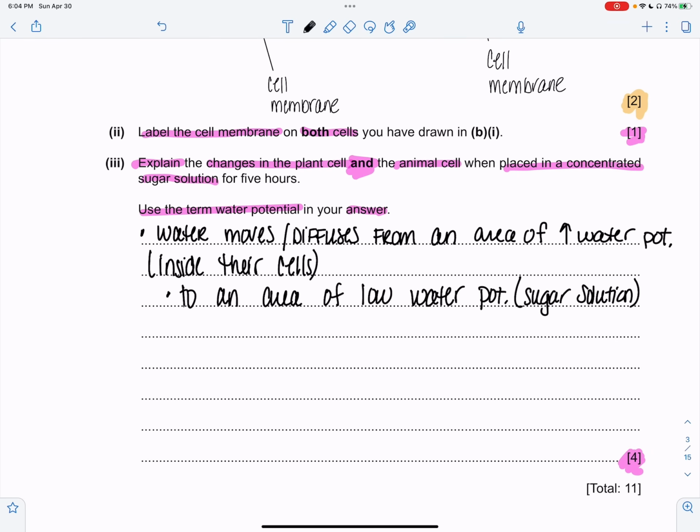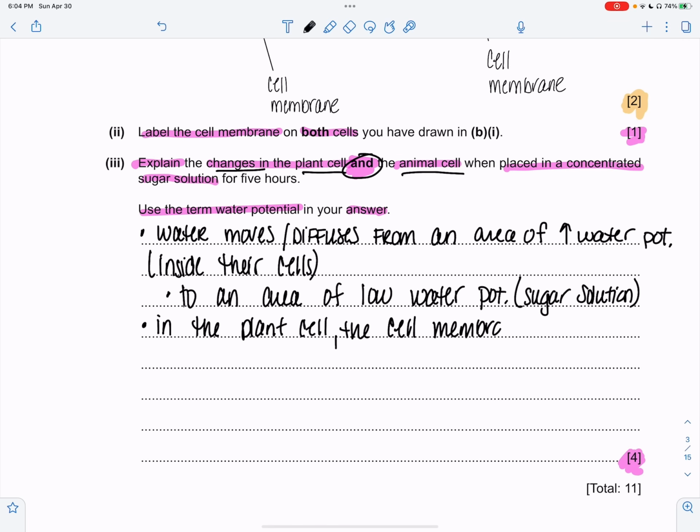All right, and then we need to say, explain the changes in the plant cell and in the animal cell. In the plant cell, your cell membrane pulls away from the cell wall. And in the animal cell,